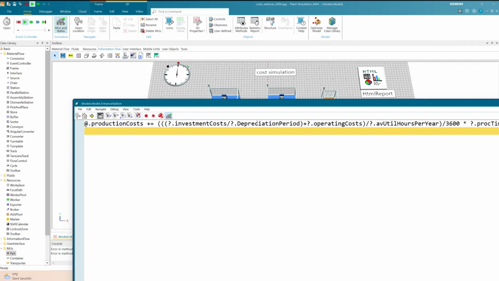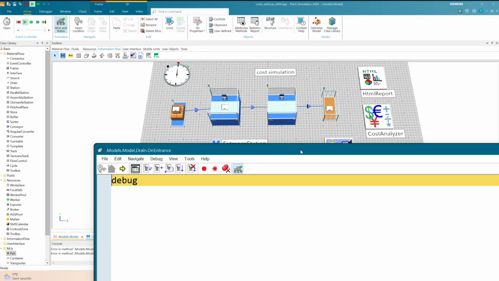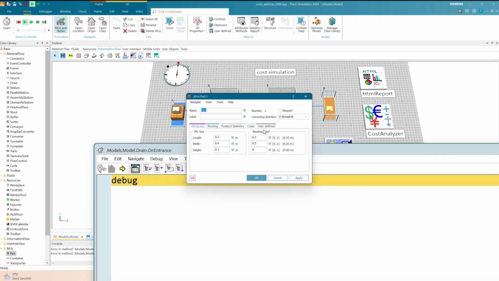Okay, it's depreciation, yeah, and it's operating costs. These are the attributes here in Plant Simulation for the cost functions. So now I have one part, and now I can have a look here, and my production cost is